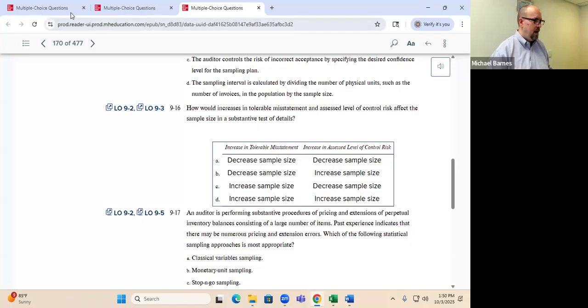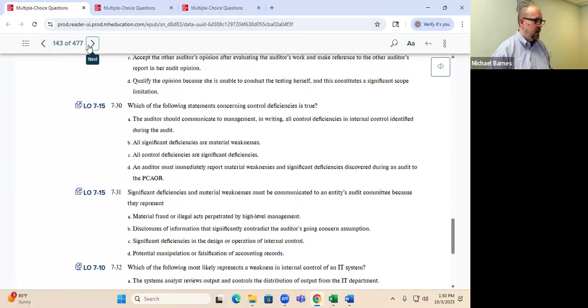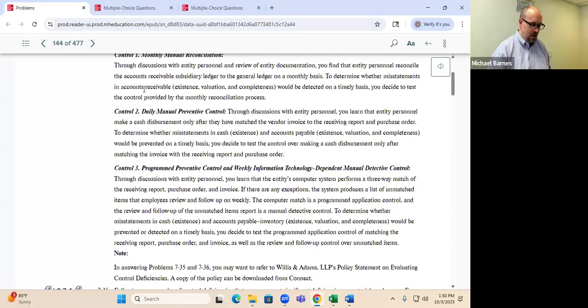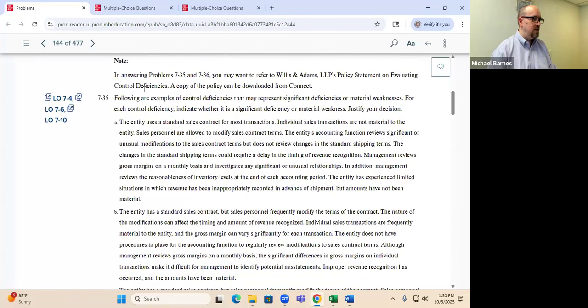All right, going back to chapter 7. Just as a reminder, these questions are fine. We're going to have some discussion on these questions. I do want to reiterate something that I said about these types of questions. There will definitely be questions like these on the exam, but the questions on the exam will not be limited to significant deficiencies and material weaknesses. They will actually cover all